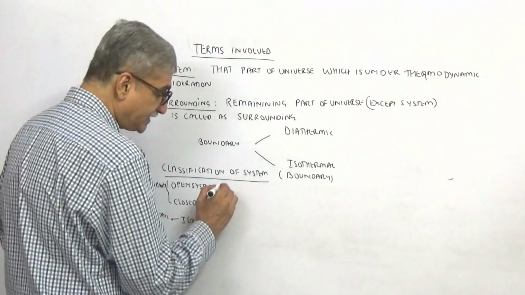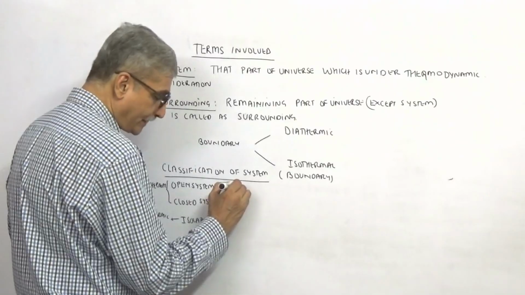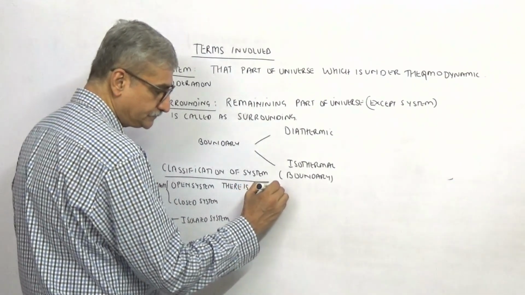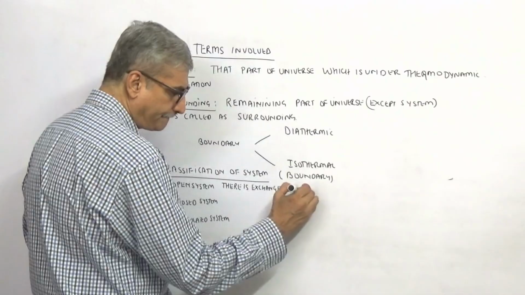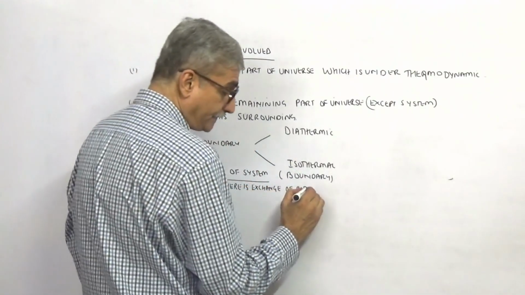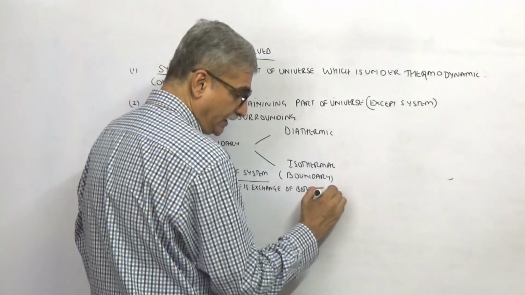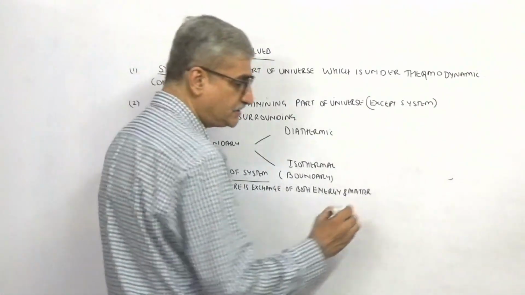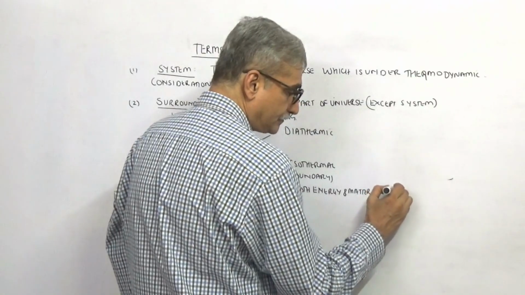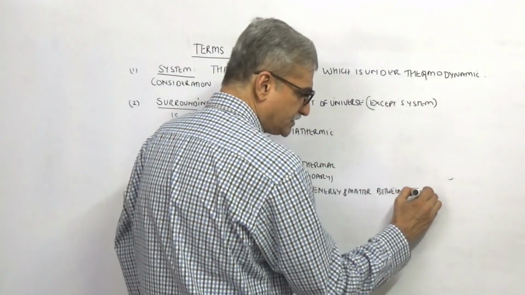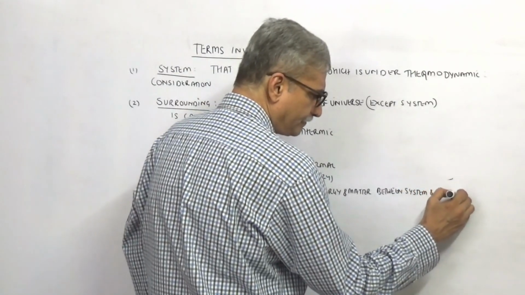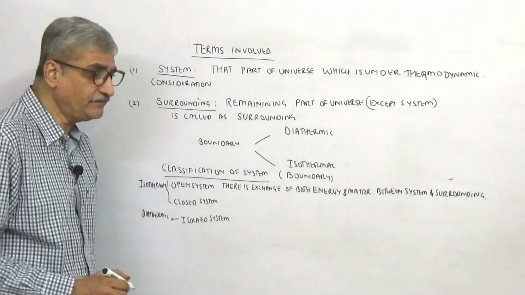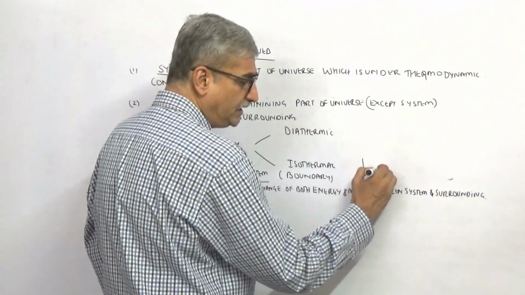So what happens in an open system? In an open system, there is an exchange of both energy and matter between system and surrounding. An example of this open system will be, suppose you take tea in a teacup,